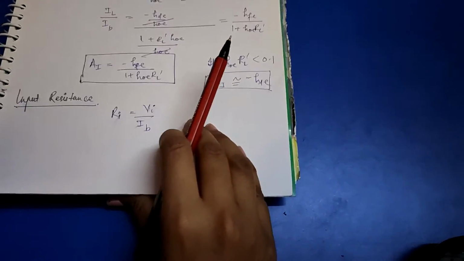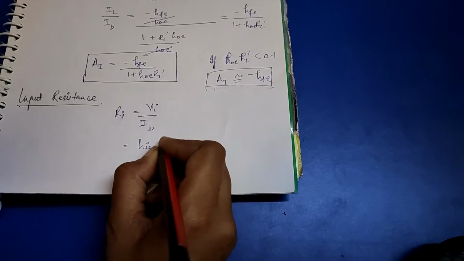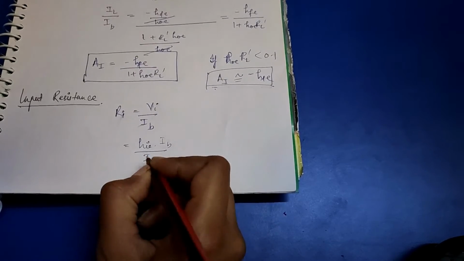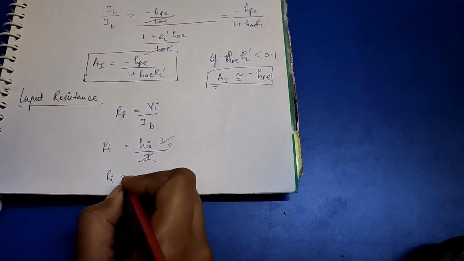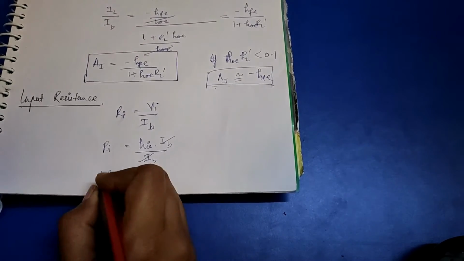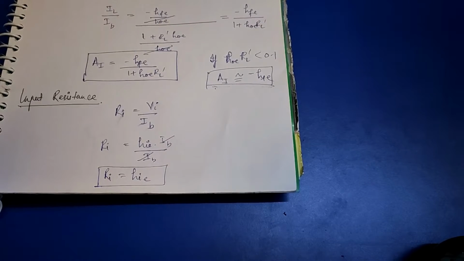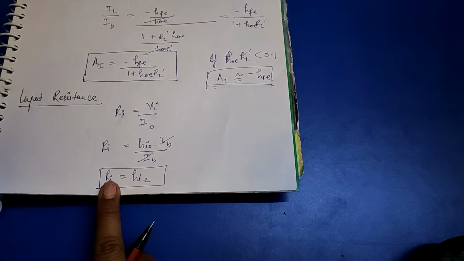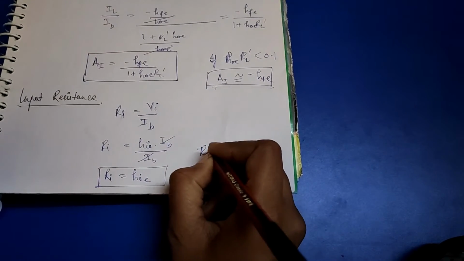Okay, so just replacing this VI with HIE into my IB, from here the input resistance will be equal to HIE, right? Very simple formula, highly used in numericals. Okay, and the net input impedance, guys, this is the internal input impedance,